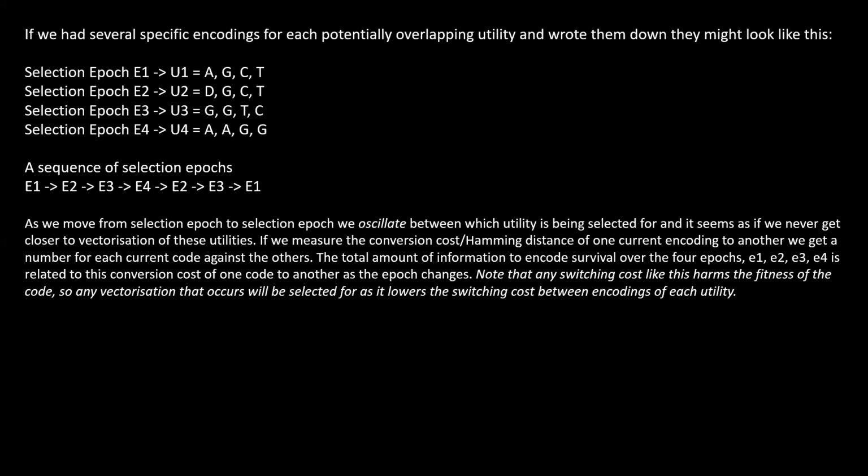And so you could imagine what's the cost of the code having to recode for a new epoch. That's a kind of cost that is under pressure to reduce, right? Because the cost of that recoding, the Hamming distance, is the risk of not surviving. Not encoding the new utility quickly enough means that you don't survive. And so that harms the fitness of the organism,